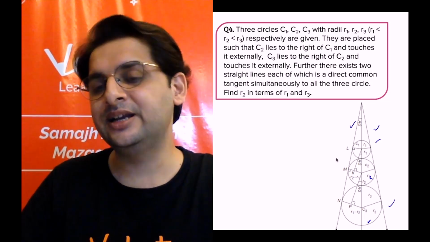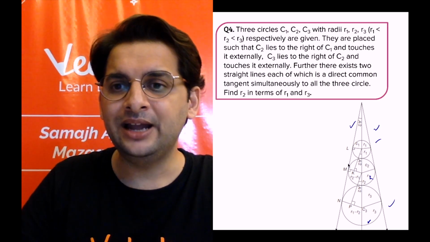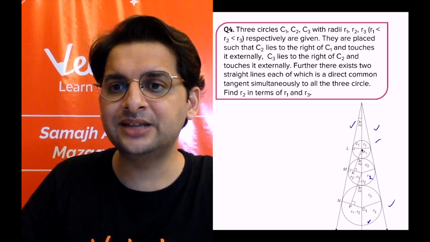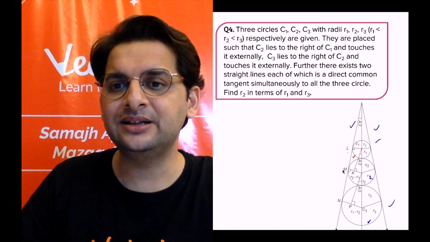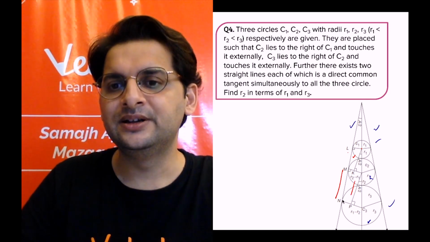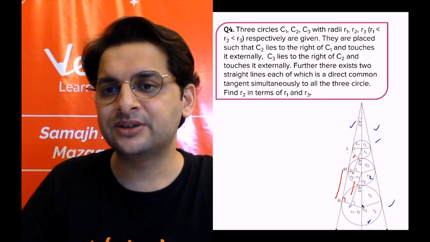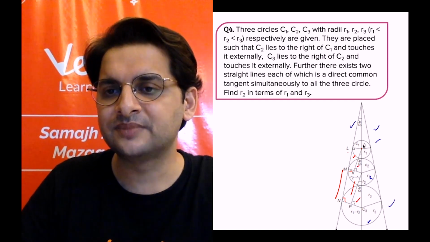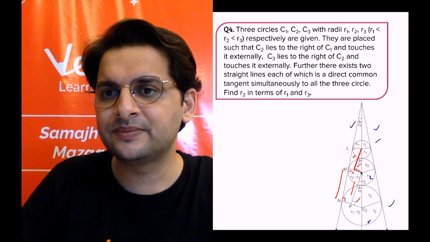ठीक है, तो एक तरीके से देखो. So can I say, I draw a line from this center parallel to this. Similarly, this is parallel to this. So this is perpendicular, this is also perpendicular, because these two are parallel. So can I say this triangle and this triangle, they are similar to each other.